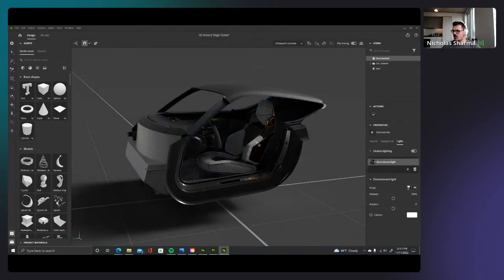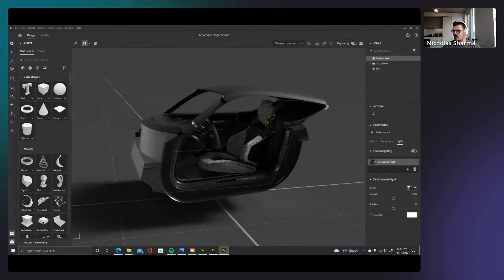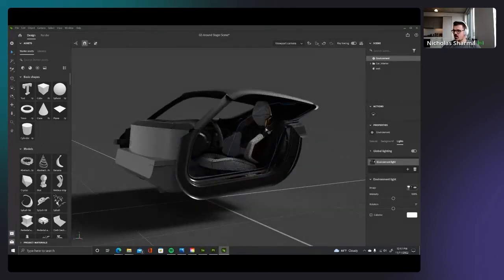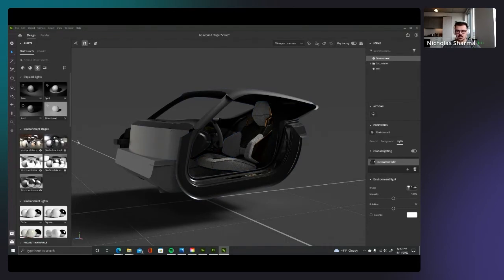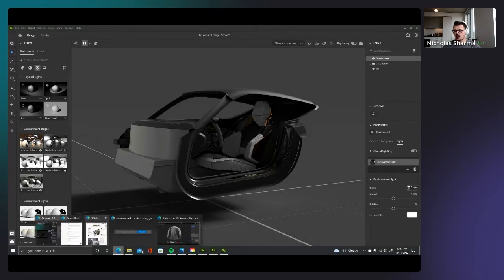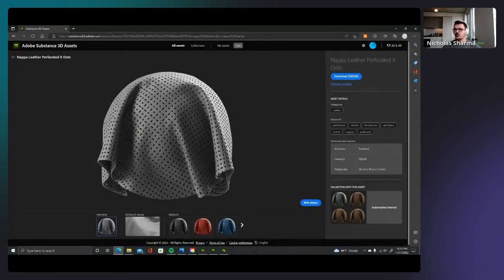But I have my car seat and I have it in my interior. And I have ray tracing on, and that's nice, but now I need to make all my lights. Now I need to do this, and we're on a time crunch here. So instead of trying to create lights, which we absolutely can do, there's a full lighting suite here. In the Substance Asset site,